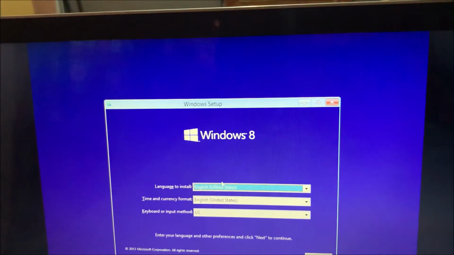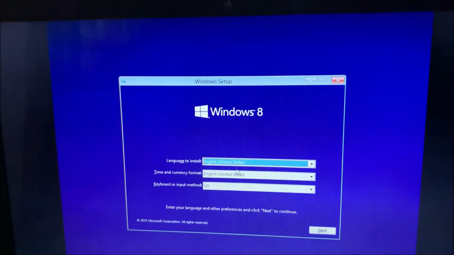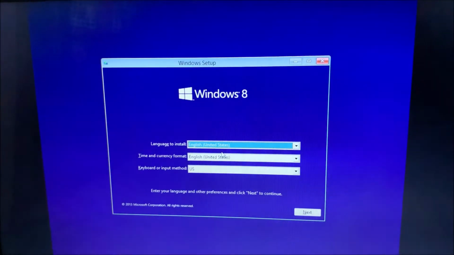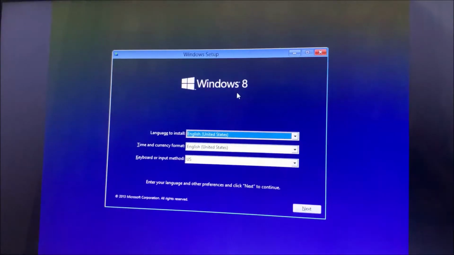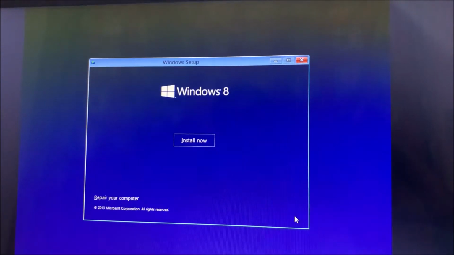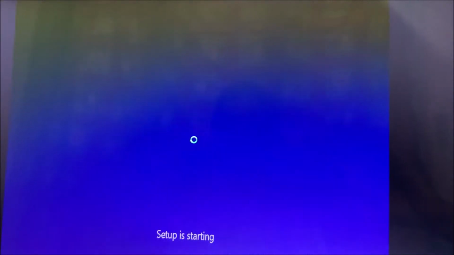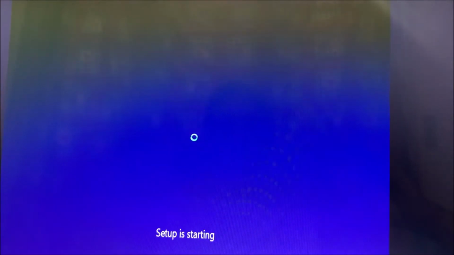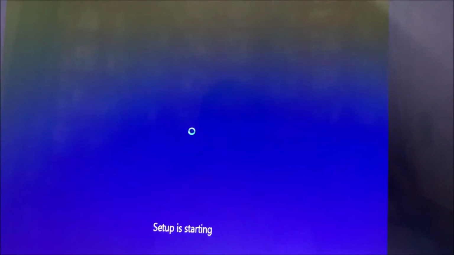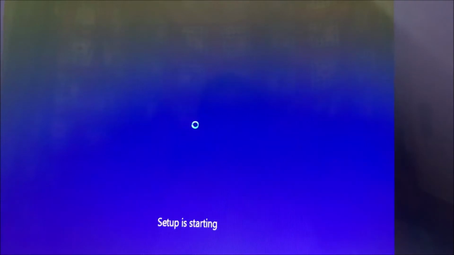Here you can select your language and everything. Now you can click on next and click on install now. As you can see, the setup is starting.